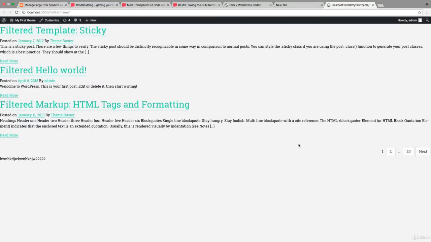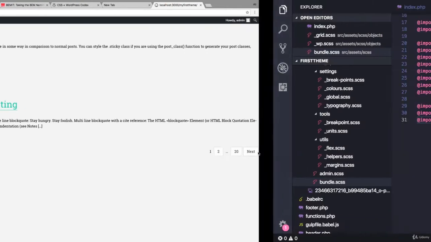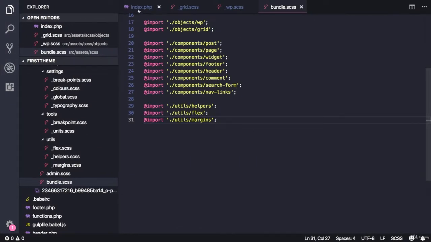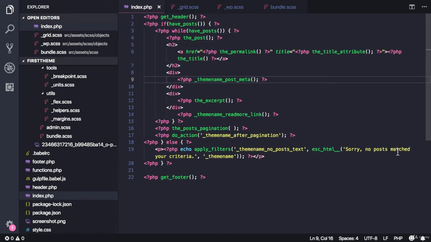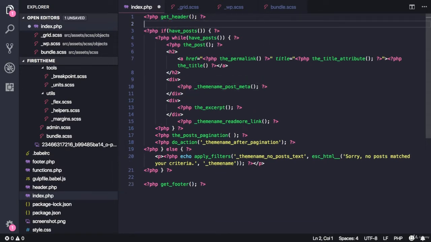So in the last lecture we've added our CSS styles. Let's now use these styles actually to make this look a bit better. So we need to use our CSS grid now. So let's go to index.php and I'm gonna add a container class. So div with a class of o-container, and remember O stands for object, and then